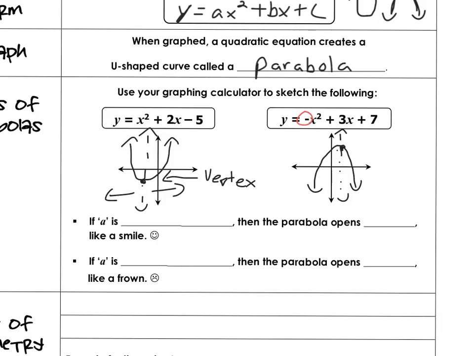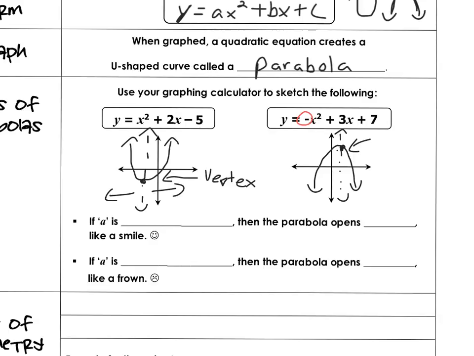Okay. Now the parabola is facing down. Why? Because the number in front of x squared was negative, and that flips the parabola around. Again, this is your axis of symmetry, and your vertex would be this point right here. Okay, and in this case, we'd call the vertex a maximum because the rest of the graph is below the vertex. It's the top